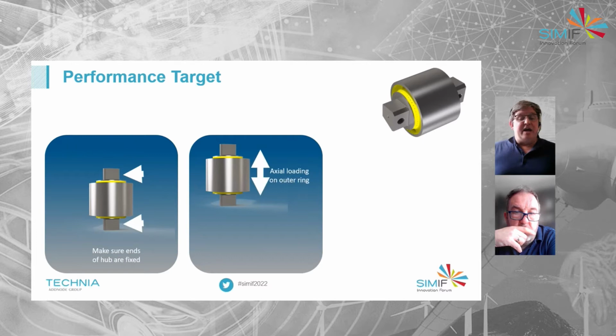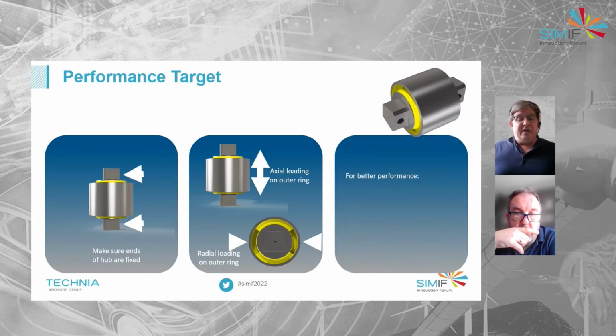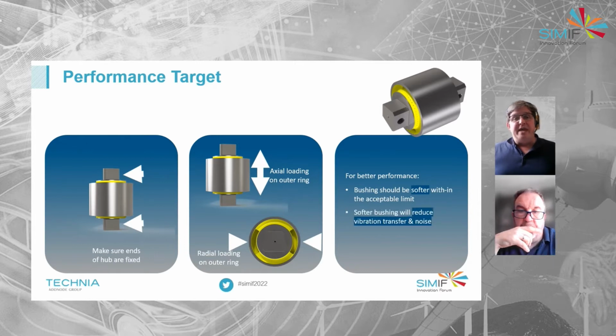And then it's going to have a vertical load applied to it, and also it's going to get lateral loads applied to it. So we want to make sure that the rubber bushing allows movement as much as we can, but within our performance KPIs, so that it reduces the vibration that is going through to whatever it's attached to. But we don't want it to be so loose that it breaks, or so hard that it ruins the machine as well.